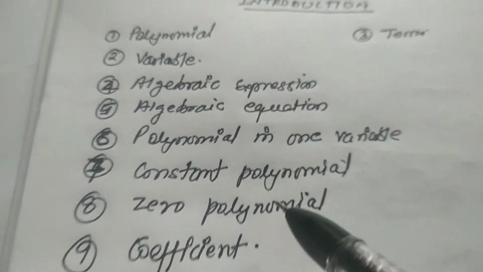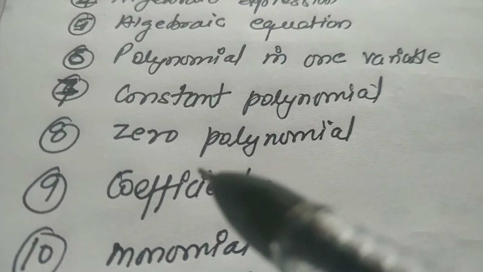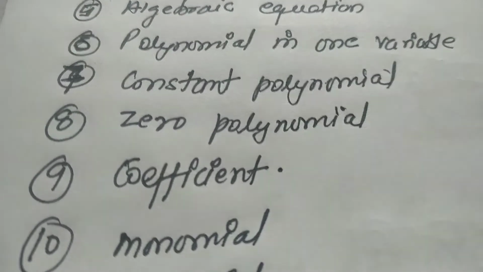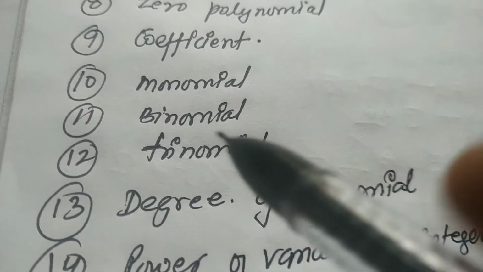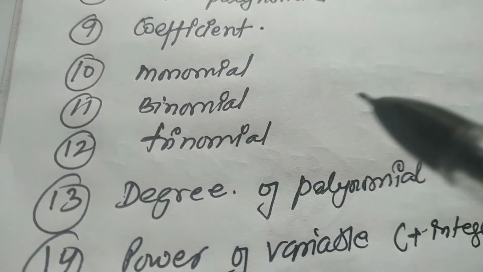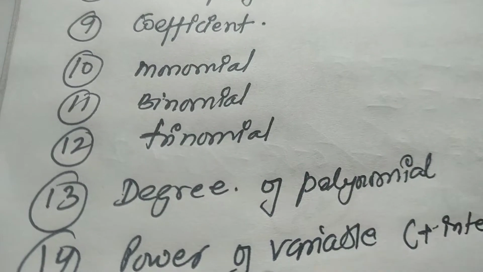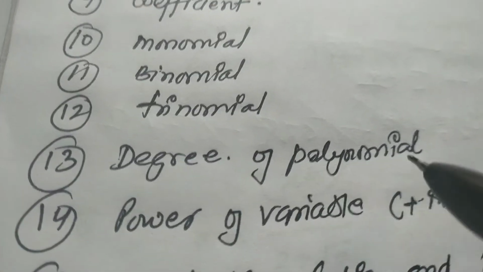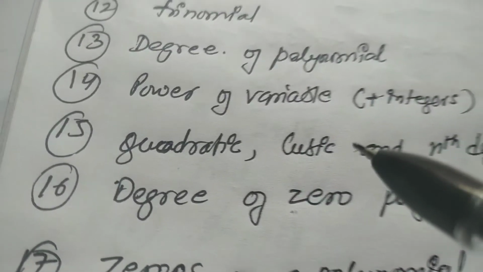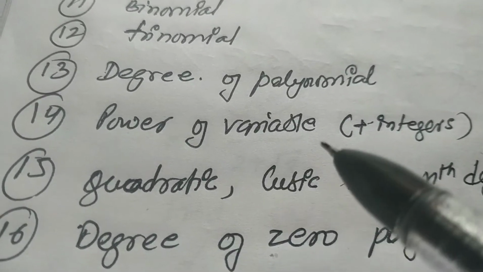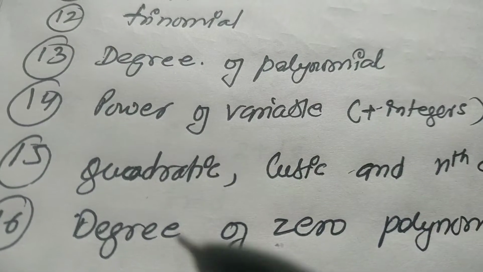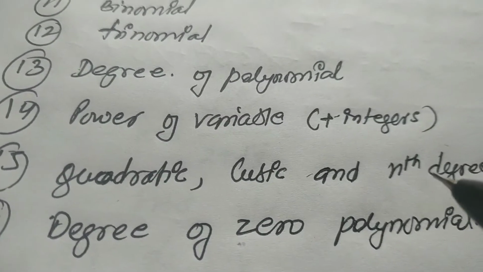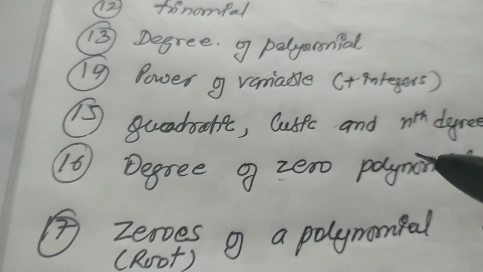variable, then constant polynomial, then zero polynomial, then the coefficient. Number 9 and 10 we will discuss monomials, 11 binomials, 12 trinomials, 13 the degree of polynomials, and 14 the power of the variable, which means it must be a positive integer, and 15 quadratic, cubic, and nth degree polynomials, and 16 the